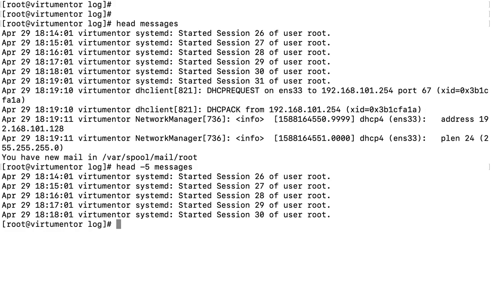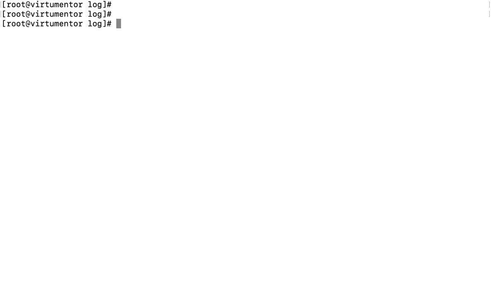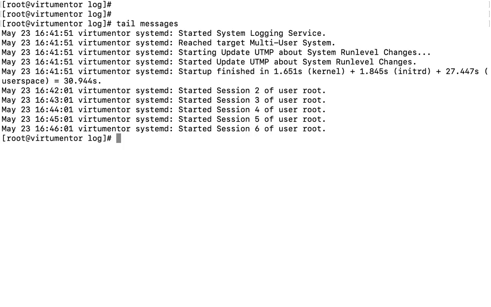We'll move further to the tail command. The tail command is used to print the last lines of the file. So here, if you do tail, space, file name, it will print the last 10 lines of the file by default.